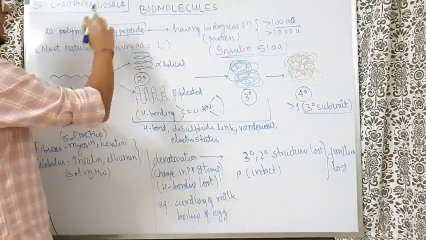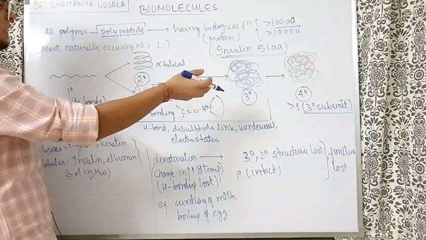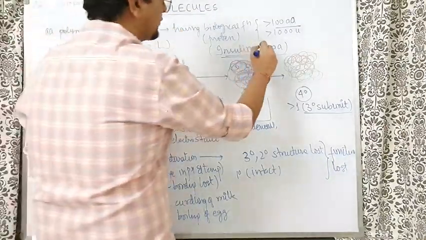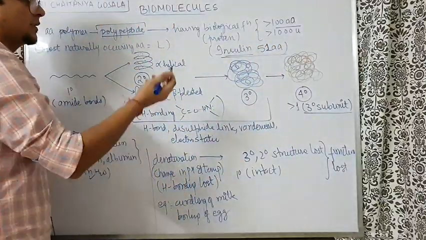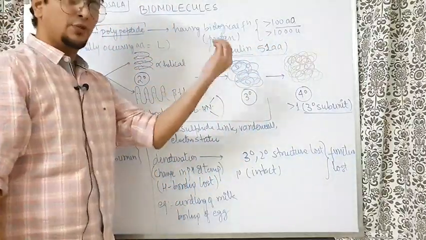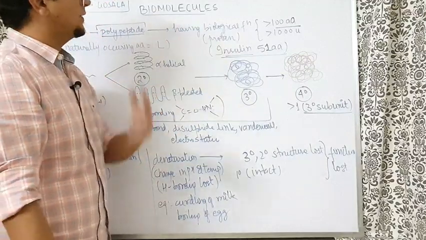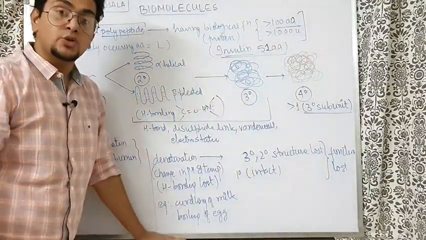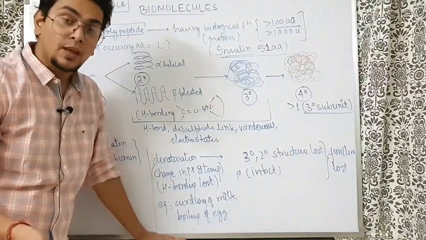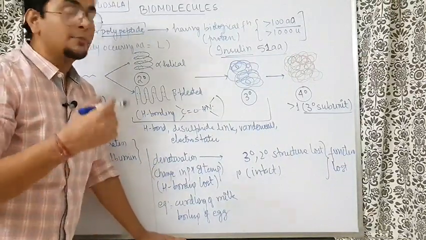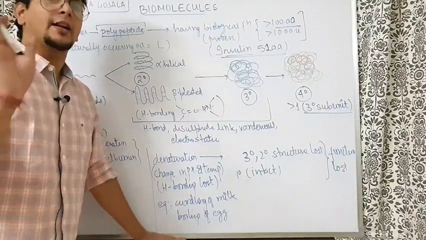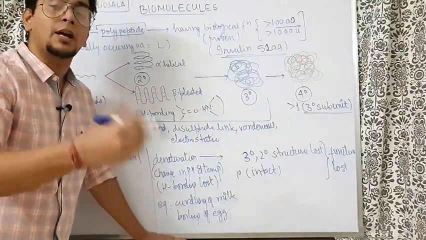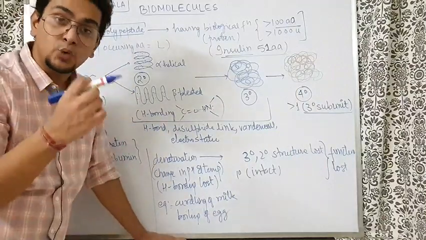Dipeptide, tripeptide, tetrapeptide, pentapeptide, they are not proteins generally. The minimum value of amino acids in your course forming a protein is insulin. Insulin is made up of just 51 amino acids and still it is behaving as a protein. So this is not a hard and fast rule that the mass of a protein should be more than 1000 AMU molecular mass, or the number of amino acids should be more than 100. Any polypeptide doing a biological function is known as protein.